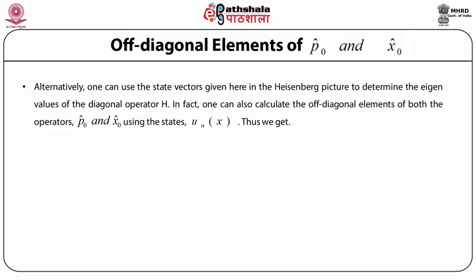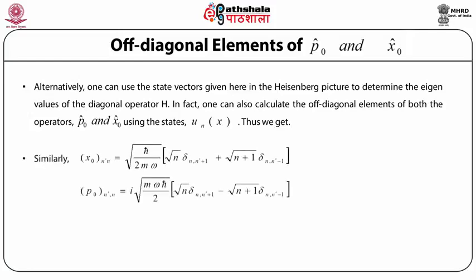Thus, for the off-diagonal elements of the position operator x0, we can obtain x0_{n'n} = √(ħ/2mω) (√n δ_{n,n'+1} + √(n+1) δ_{n,n'-1}). Similarly, we can also define the off-diagonal elements of the momentum operator P0 as P0_{n'n}